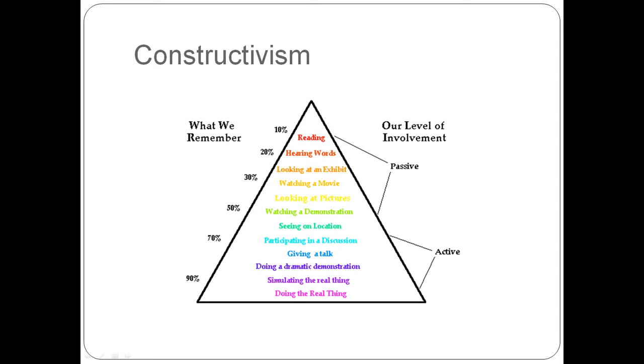As outlined in the pyramid, we can see that with the passive learning approach, through things like reading, hearing words, watching a movie, children often do not remember that much information, only between 10 and 50%. Whilst the more active the task is, and the more the child is involved, the greater the level of learning that will take place. This is what constructive theorists believe in, and is what I believe in strongly as well. As teachers, we need to push the idea of constructive teaching and facilitate their learning.